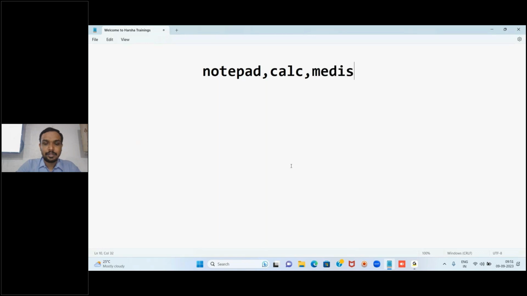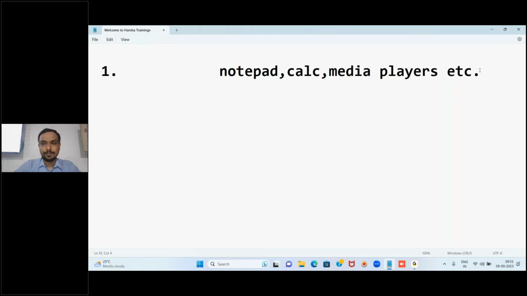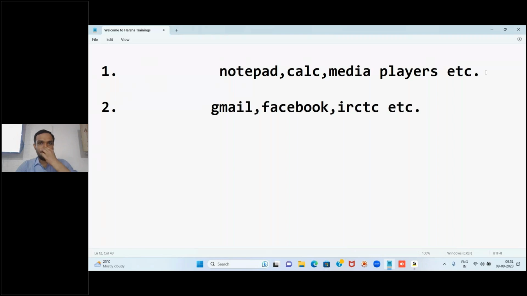These are one category of applications which we generally observe. I can say this is category number one, and the second category will be something like Gmail, Facebook, and IRCTC, etc. These are examples of another category of applications.